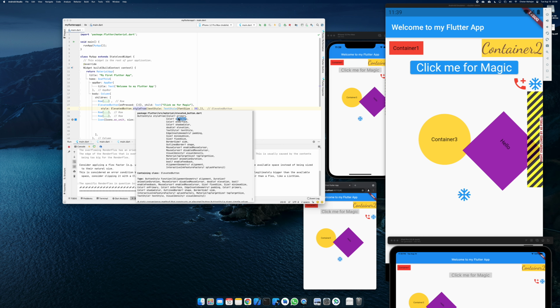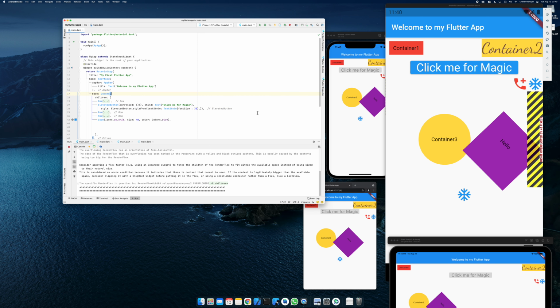So primary and onPrimary are different things. So primary is actually your button color, which in this case is blue, and onPrimary is the color on primary, which is this white color text which is written. So if I want to change the text color, it's onPrimary, and if I have to change the button color, it's primary. Okay, so surface color is basically when the button gets disabled. So if I disable it, right now the color is gray. So let's do that. So I'm going to give it onSurface color. So if I give it onSurface color,